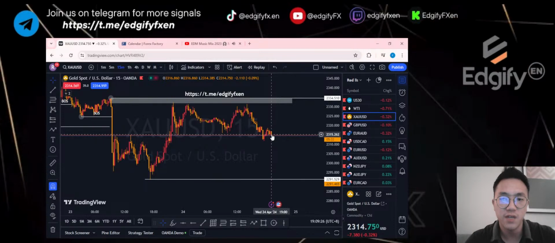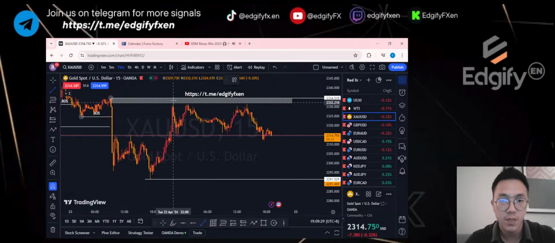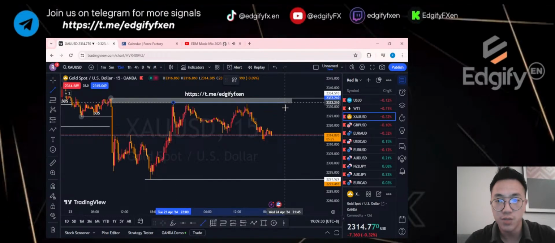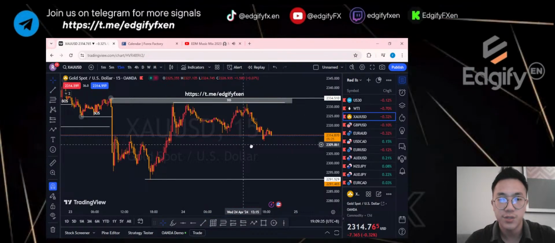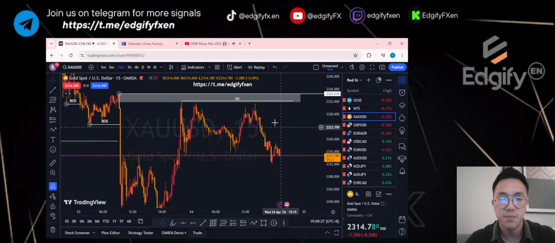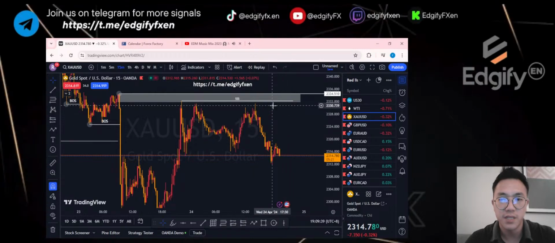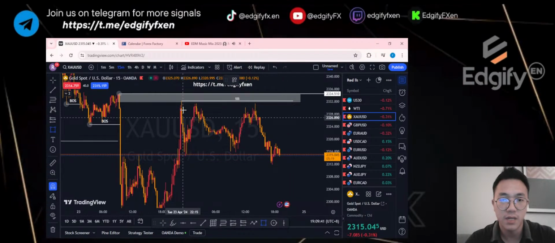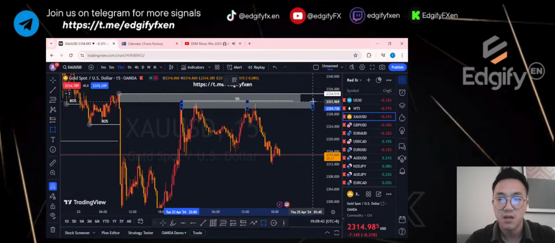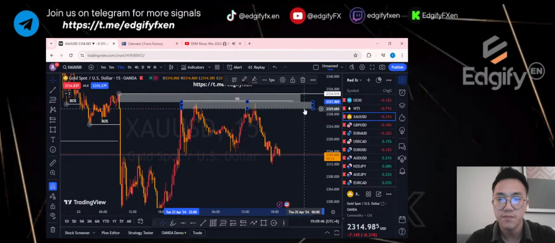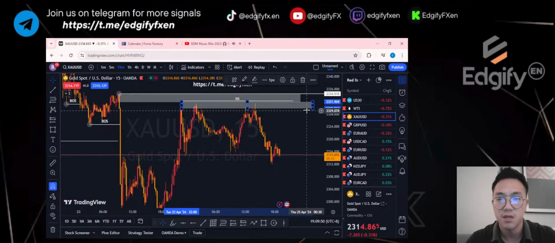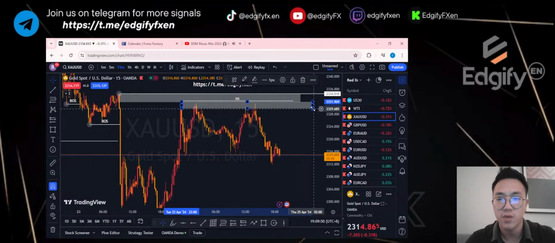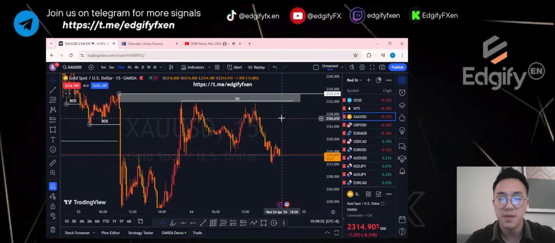So if this price were to come back up, I need the price to take out this liquidity here, this level. Why I said that is because people may be placing sells at about, let's just say, somewhere here. People will start placing sells here because we have a rejection once here, twice, and the third time here. We have 3 times rejection. So when people come up here to take a sell,